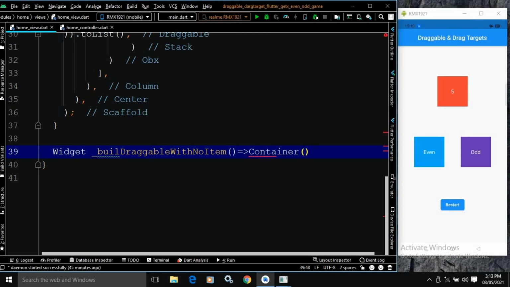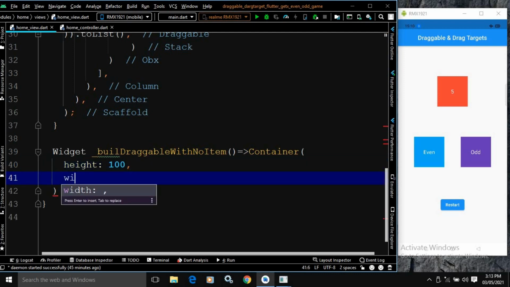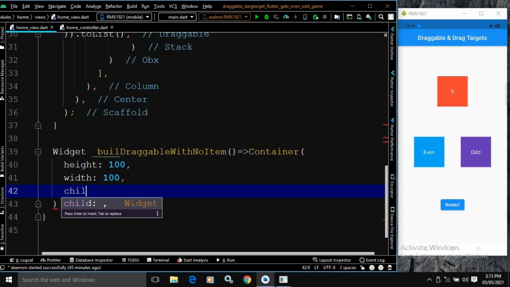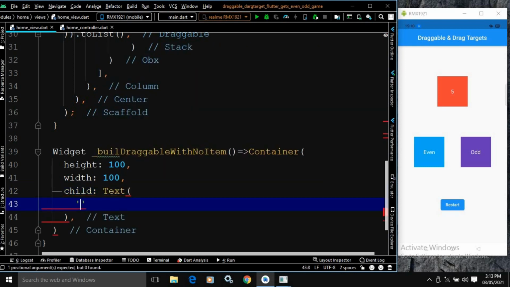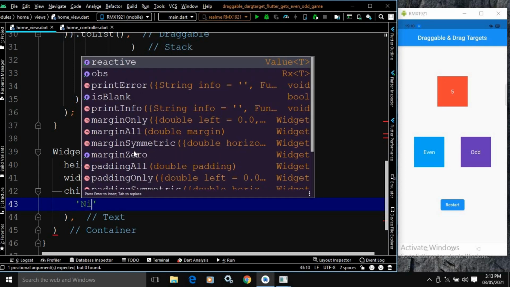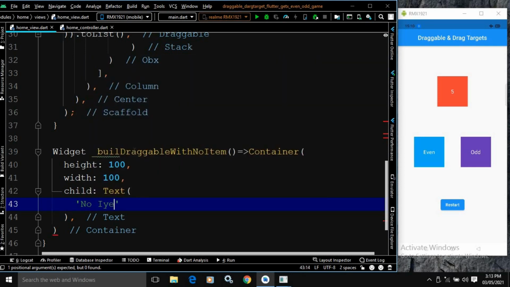and in the container here I will pass some values, as in the height I will pass 100, in the width I will pass the value as 100, in the child I will pass a text widget, and in the text widget I will pass no item, because here I have already shown you that if the draggable does not contain any element at that time, here it will display no item with black color.